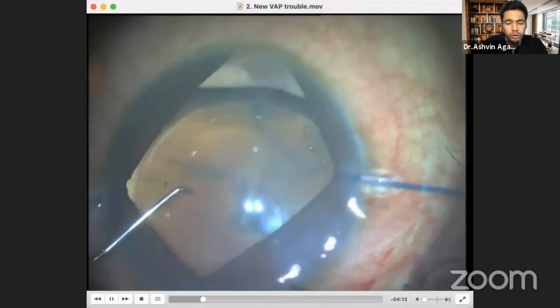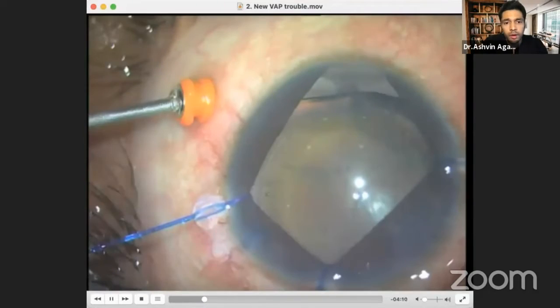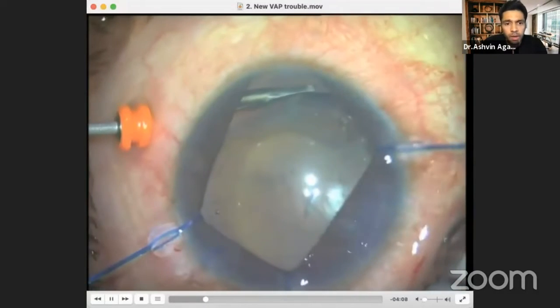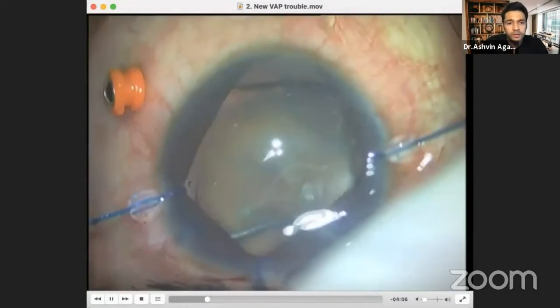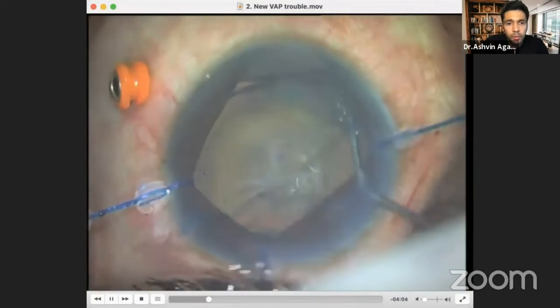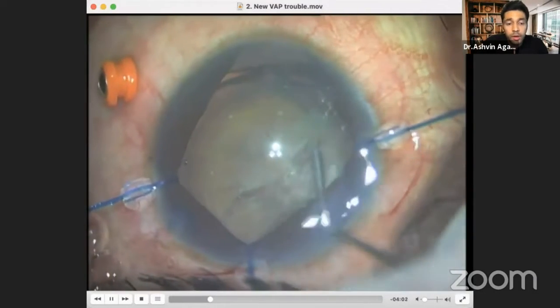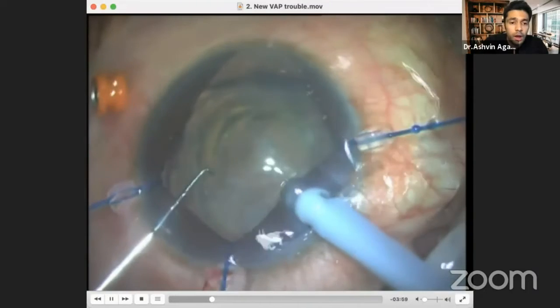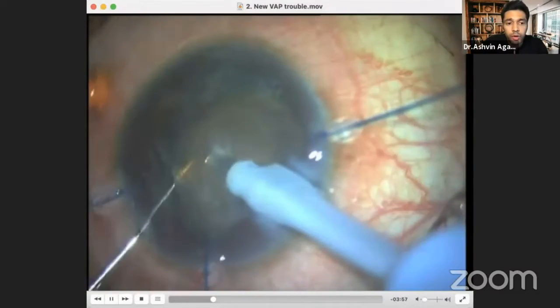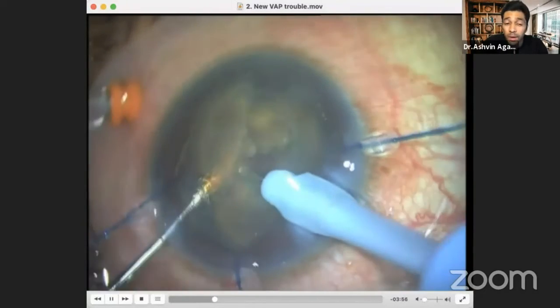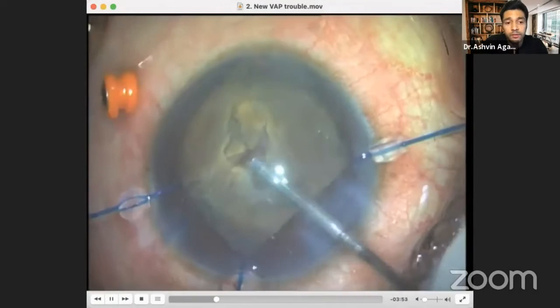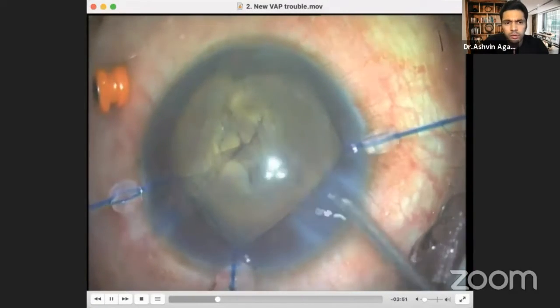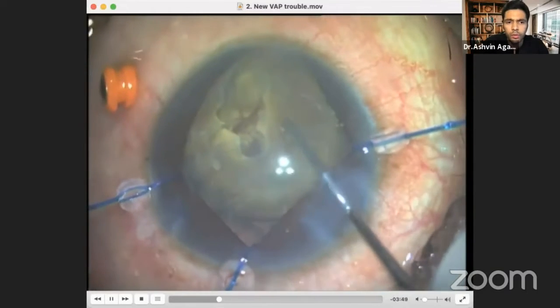Once your rexus is large enough, I'm doing a vitrectomy assisted phaco again. And this time around, I'm now doing some hydrodissection. Remember guys, this is a very hard nucleus. So I'm now trying to chop this nucleus somewhere in the back, but I know that this is not an ideal situation. And I started to see something I was not so happy about.